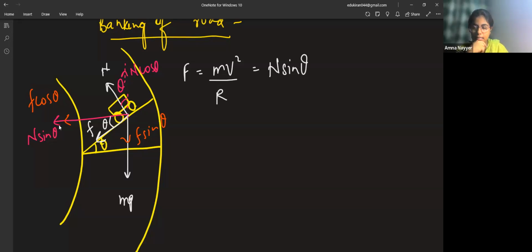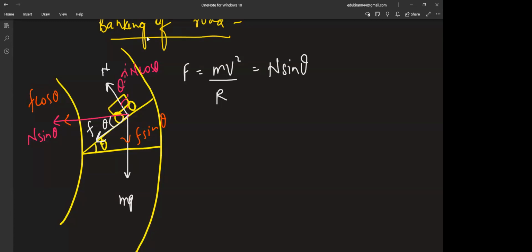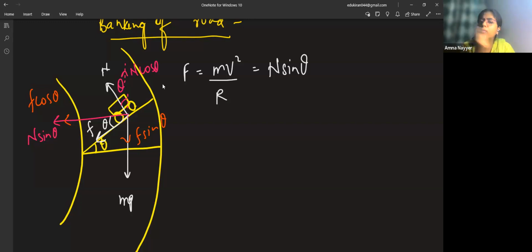Yes, Harsha, any answer? Just tell me, frictional force, will you count this or not? Yeah, ma'am, I think it will also count. See, whenever all the forces are acting in that direction, you will count. You cannot choose among f cos theta or n sine theta. Even if there are 100 forces acting towards the center along the radius, you have to pick that. And if they are in the same direction, simply add f cos theta. Your equation is made, right?